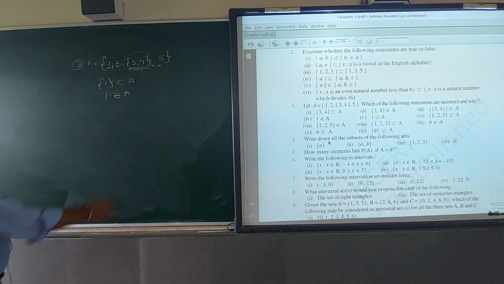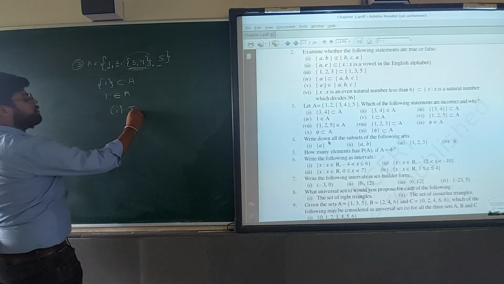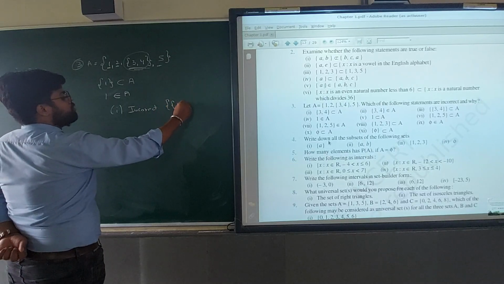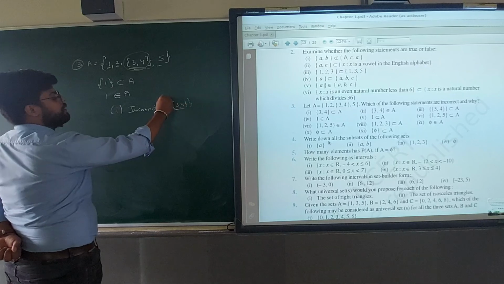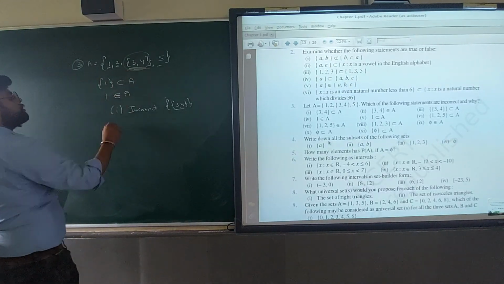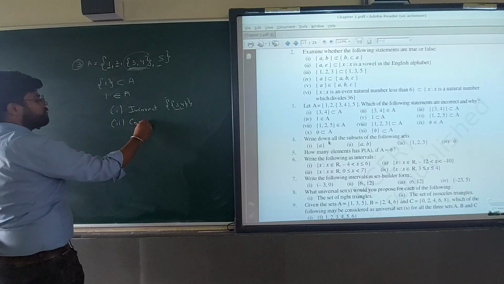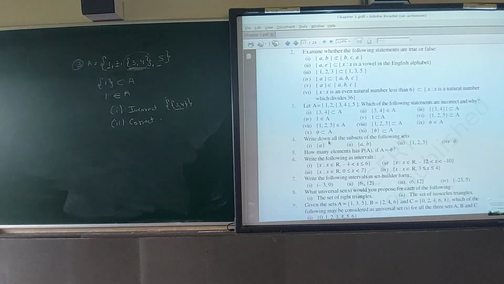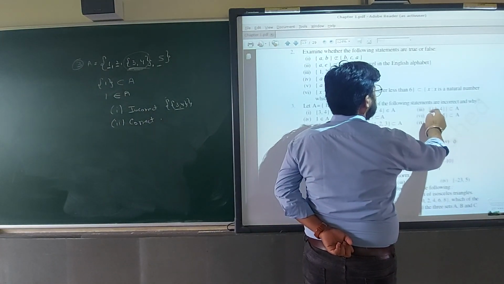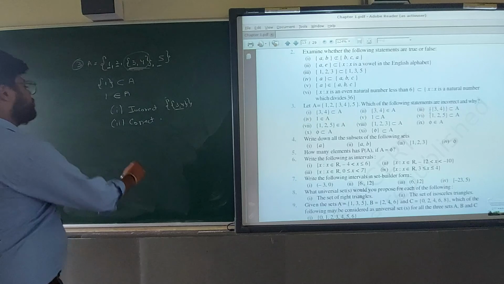Now see that first one answer means what? First one is incorrect. If we say what is the correct, this will be the correct, because this is the element, and these are the set sign. Now second one is true. This time it is true because this is the element only. Second one is correct. Now see that third one part. Now it is correct. Two brackets are there. This is the element 3, 4 inside one, and these are for the set. Third one is correct.